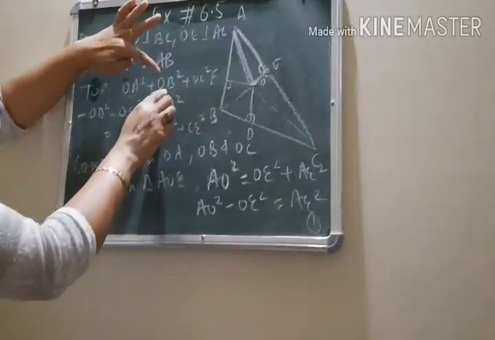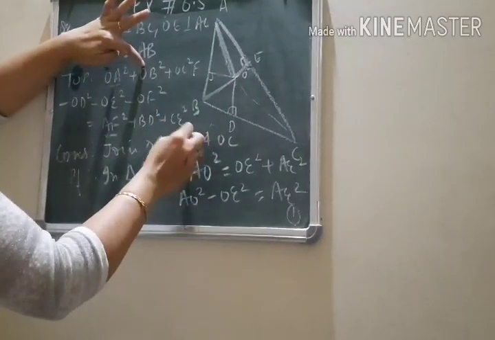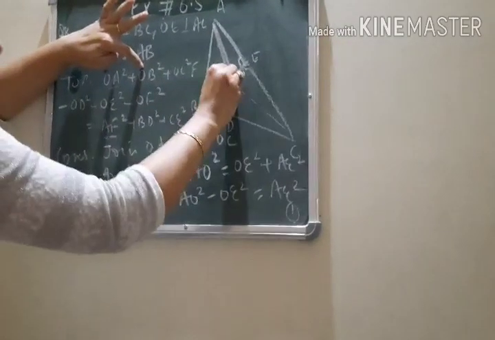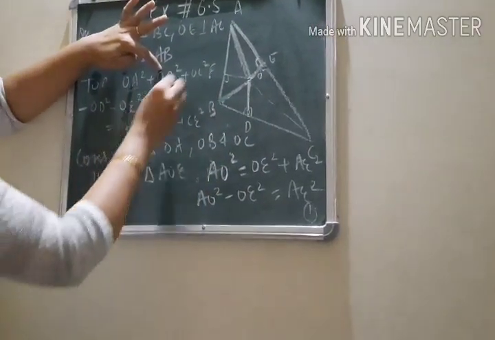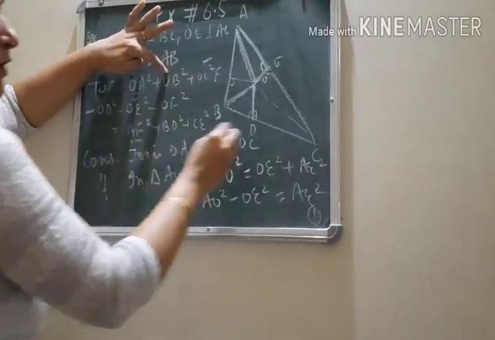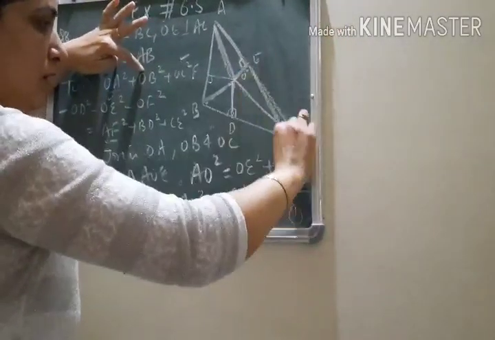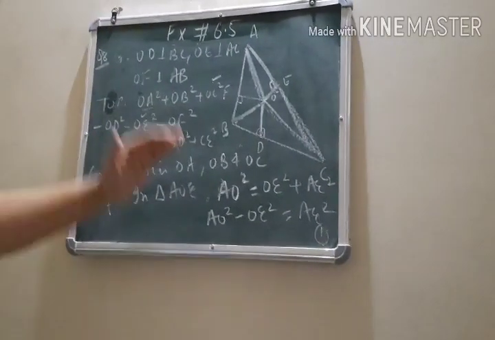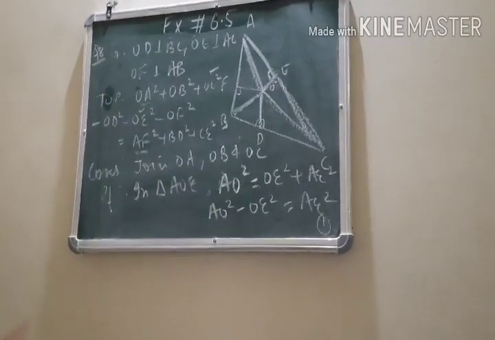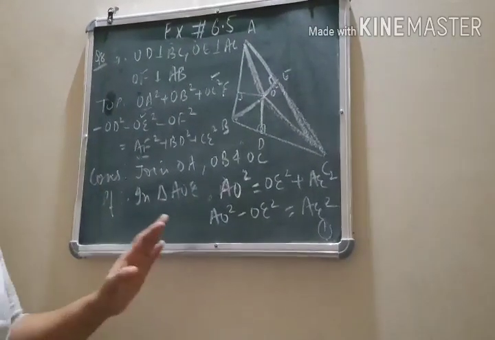Similarly, now you need OB. With OB you have to take OD, or you can take OF also, it's your choice. We'll take the triangle OBD. And then last we need OC square and OE square, so we can take the triangle OCE. This way you can take all the 3 triangles, then 3 equations will be there, add them, you will get this answer, whatever is required. So this was your first part.